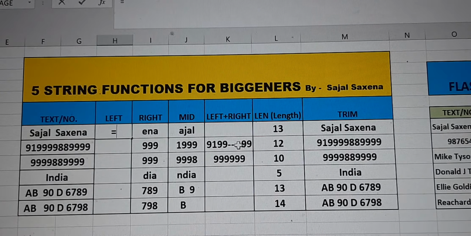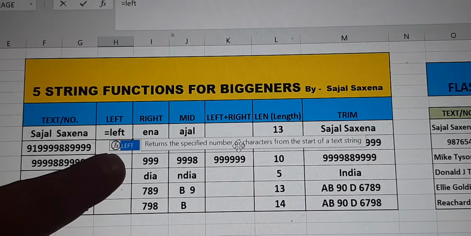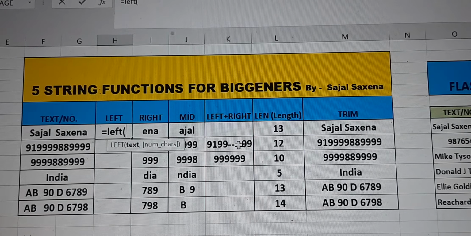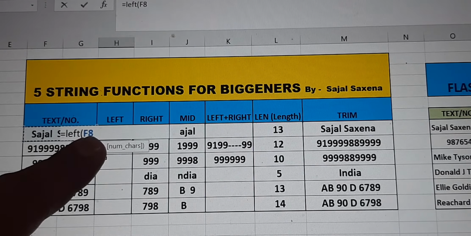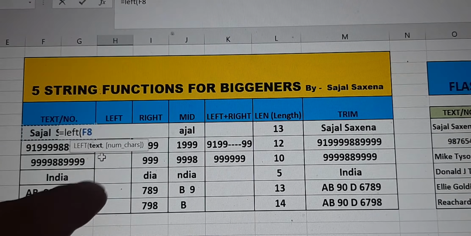Equal to sign, type left, it automatically takes it up. Left, bracket opens. Now from which cell do we need the text? This is the cell address. It is automatically taken. F8 is the cell name.